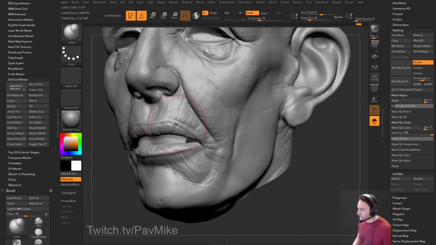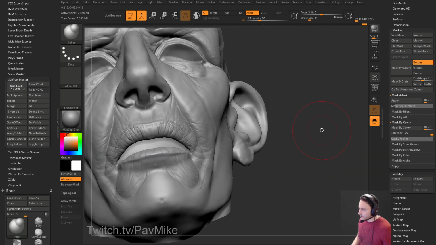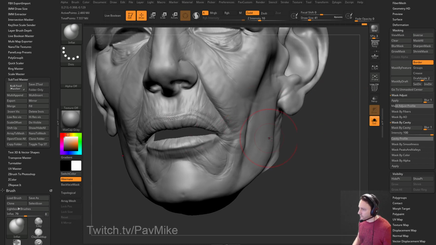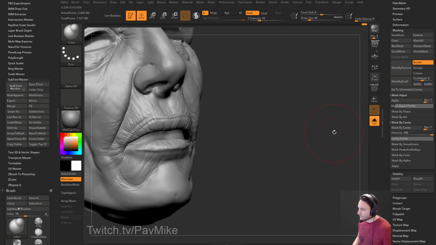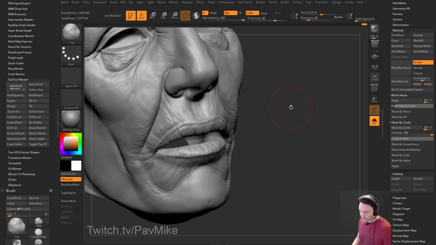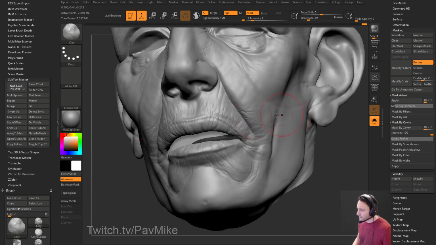Yeah, still nasty. Well, we tried. You can also invert it. Turn off your mask, and then you can go through and hold down Alt and deflate through that mask. And again, you could use your layers for this too, or you can go in here with your clay brush with a very low setting, and you can hold down Alt and kind of increase that